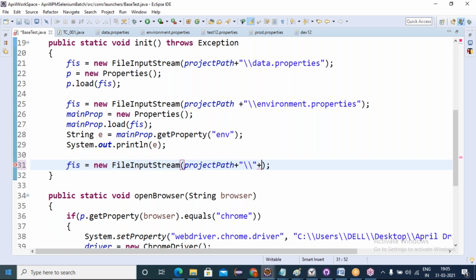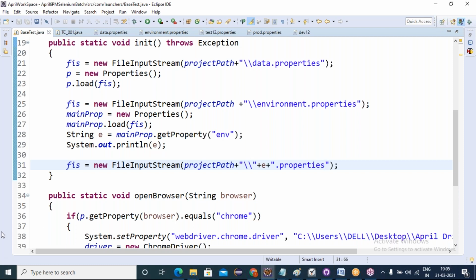E can hold production or stage or test12 or dev12. Next, the extension we have to give or not? In E we get test12 or dev12 or production or stage, so the file type we have to give: dot properties. Yes, concatenation, properties.